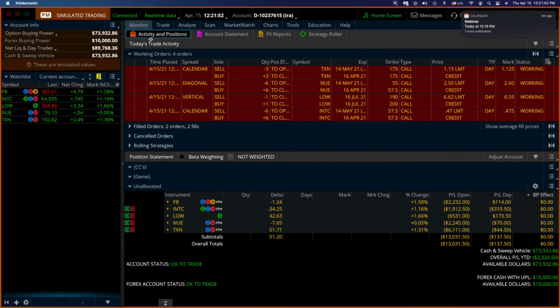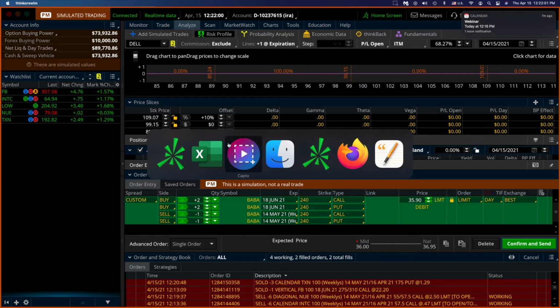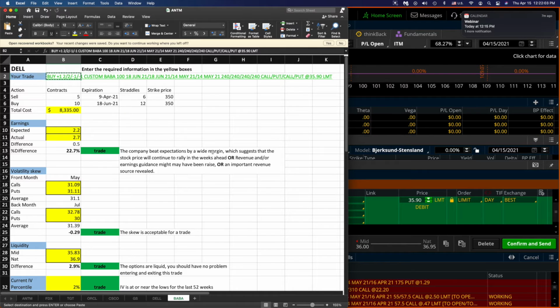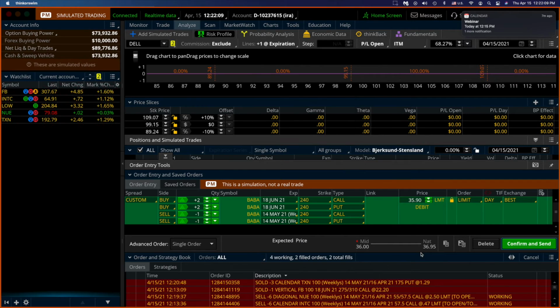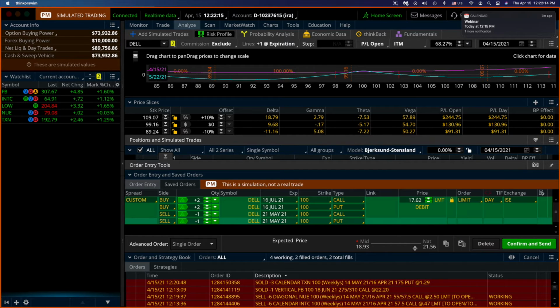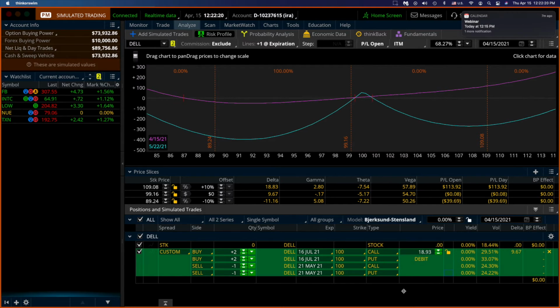Okay, let's see. Okay, let's go to the Analyze tab, Dell, Show All. Oh, I was copying the wrong trade here. Dell, here it is. Sorry about that. That's why I couldn't get it. Here it is, okay. Analyze trade, and let's take a look. Aha, so we have delta 33 for the put side, Vega 33 or volatility is 33, which is quite high compared to